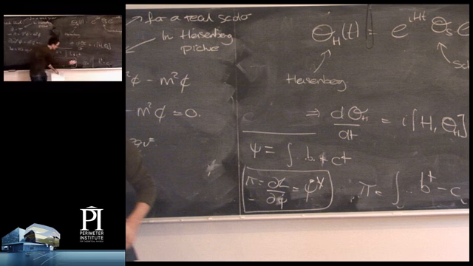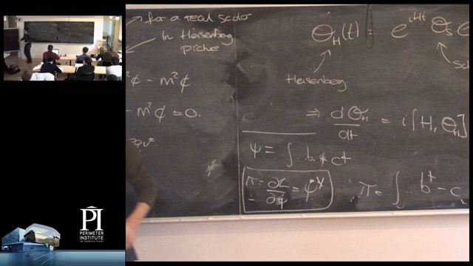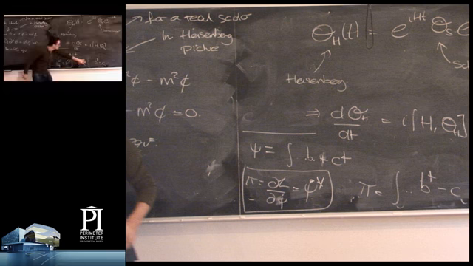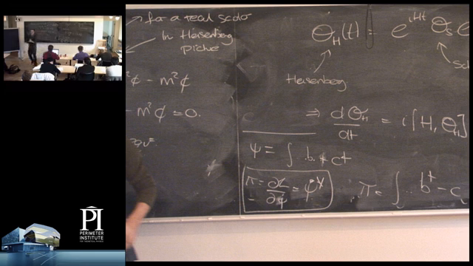So strictly speaking, there shouldn't be an equal sign between these two equations. But I maybe put an equal sign on the board. Sorry, so there's a conceptual difference between this calculation and this calculation. I didn't stress that. Thanks. So how do you get pi is equal to B dagger minus C from? It's really just